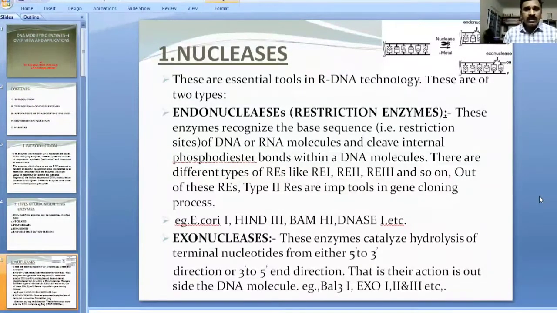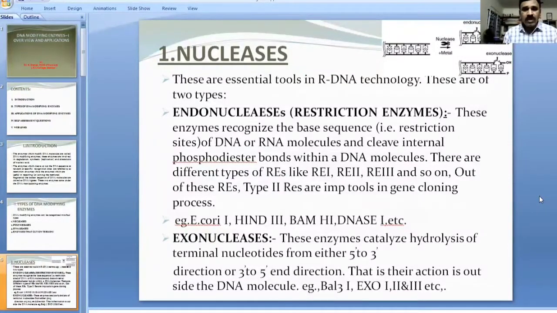Endonucleases are also called restriction enzymes or restriction endonucleases. What are the functions of these endonucleases? These enzymes recognize the base sequence, of course, the restriction sites of the DNA or RNA molecules, and